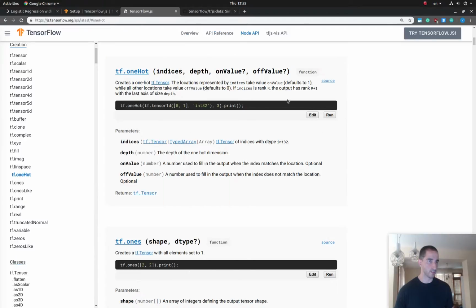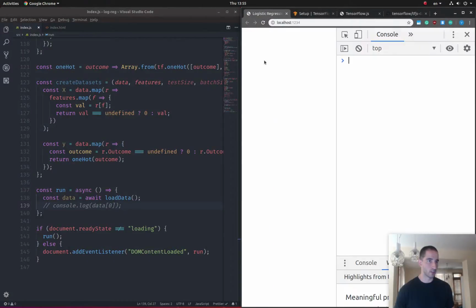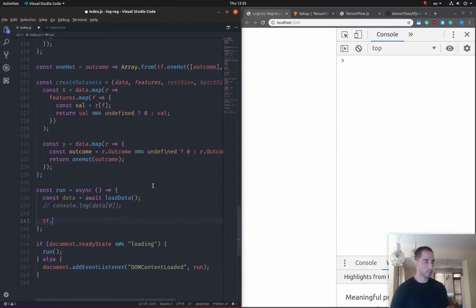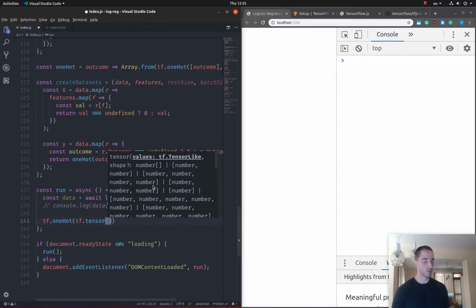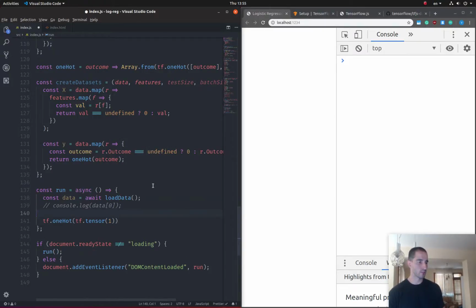That way it might be easier for us to get a feeling of what's going on. So let me call oneHot in here, and I'm going to pass in a tensor, which will have a value of maybe 1. So remember that our outcome of 1 means that the person has diabetes, and if it's a 0, it means